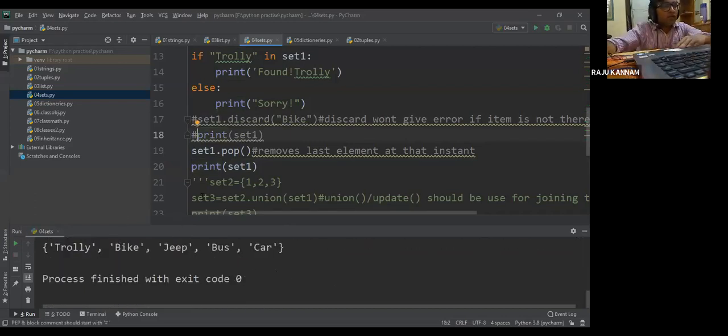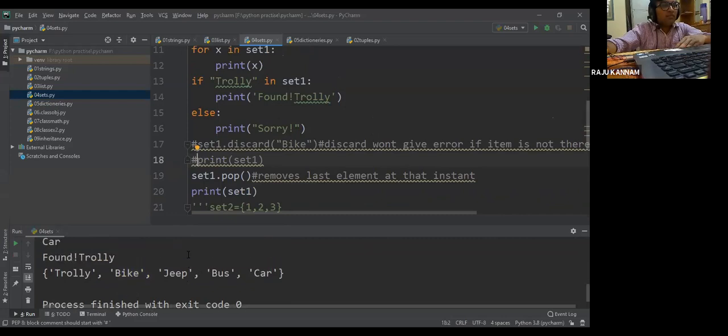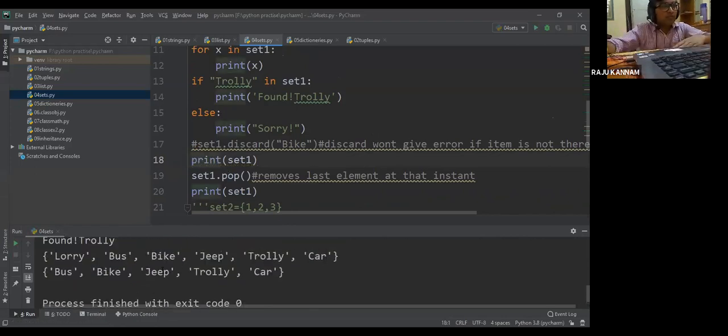Here I'll print set1 also so that we can differentiate. So lorry, bus, bike, jeep, trolley, car. In that, which item was removed? Lorry was removed. Remember, this time lorry was removed.